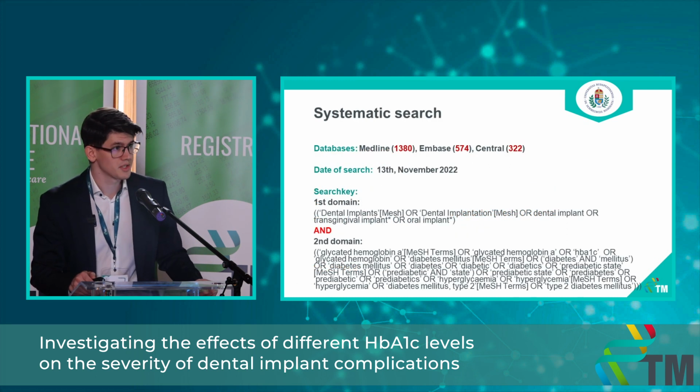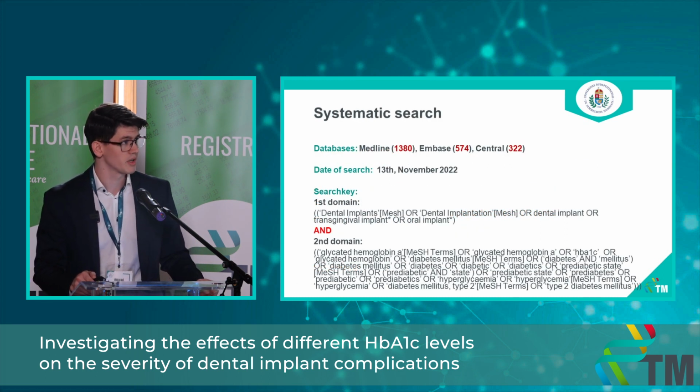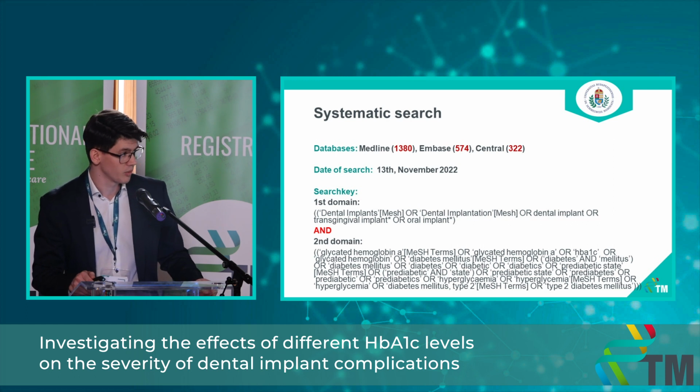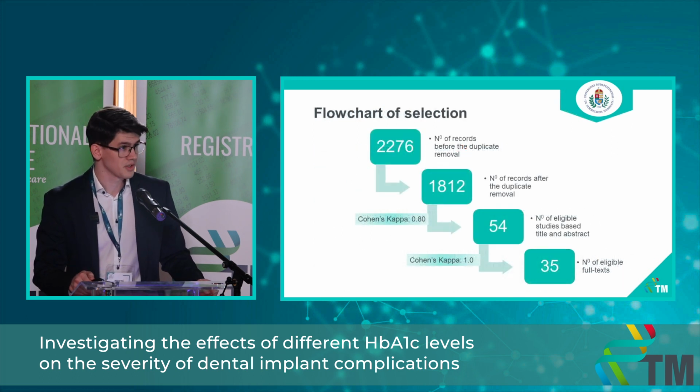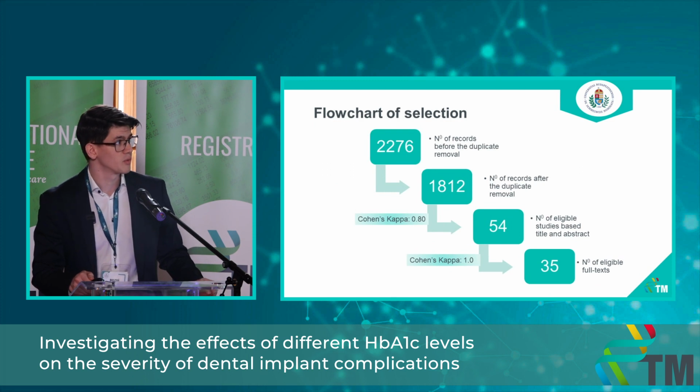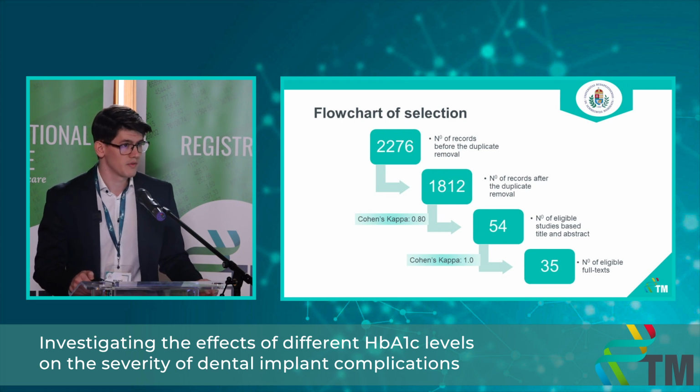I have conducted the systematic search on the 13th of November in the 3 main databases with the following search key, which consists of 2 different domains. The first domain is for the population, and the second one is for the prognostic factor. After the search, we have identified more than 2,200 articles. After conducting the duplication removal, title and abstract selection, full text screening, and citation chasing, we have received 35 eligible